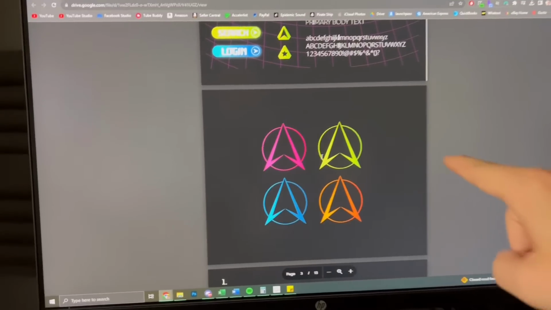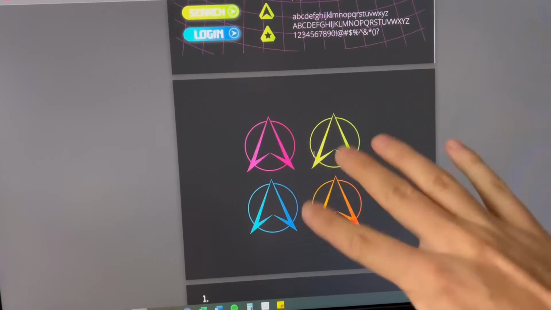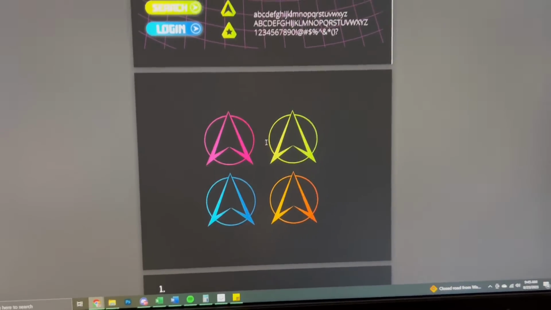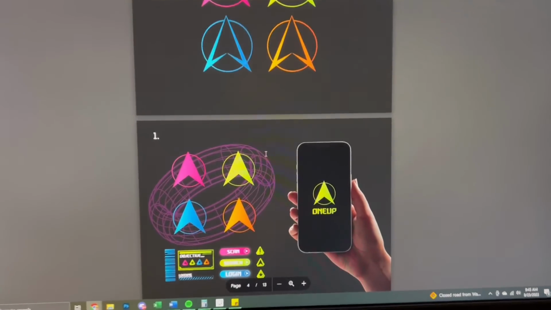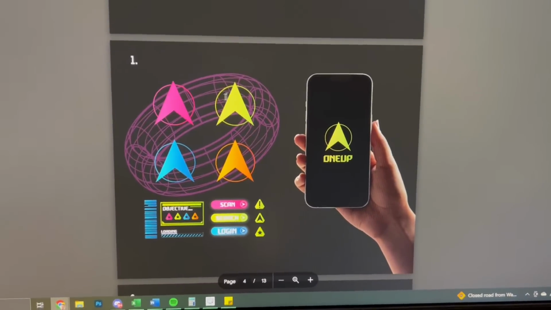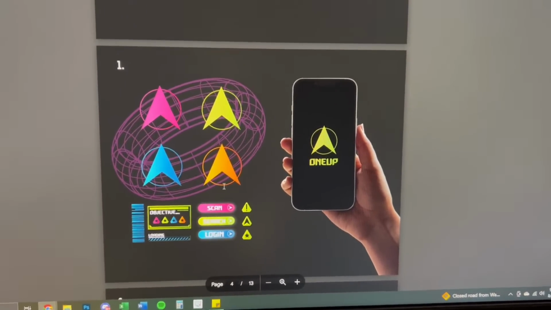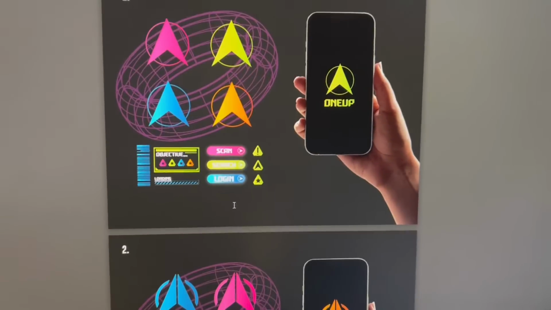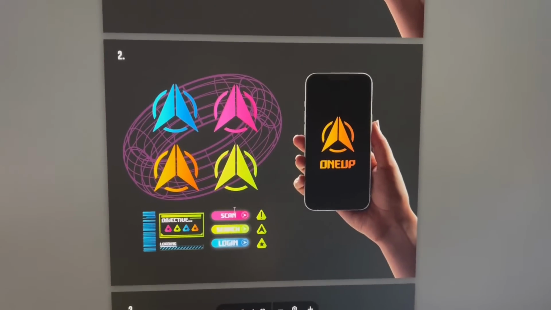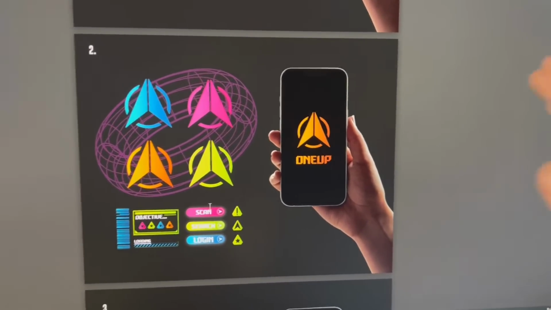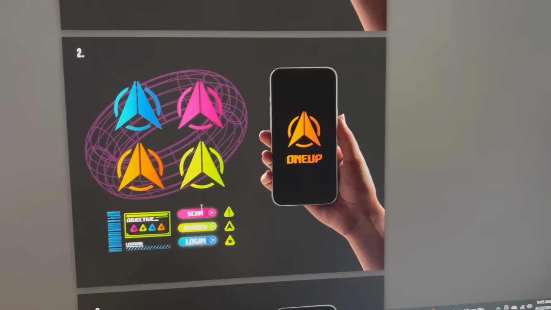I also said, all right, this Star Trek-y thing I think might be a little bit too derivative, so let's see if we can break out of that a little bit. So they gave me this more filled in version with less negative space, which I do think is an improvement, but still a little bit Star Trek-y. Then they brought this up, which is a little bit more segmented,